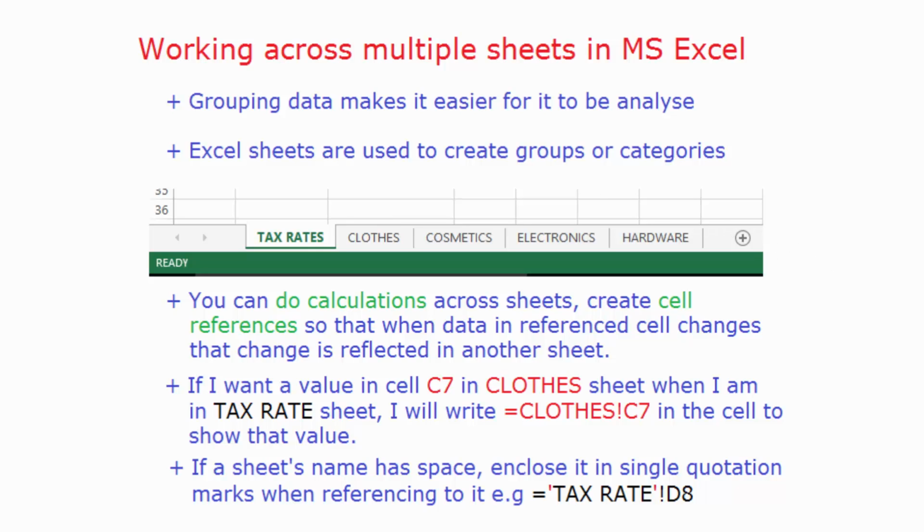Today I want us to look at how we can work across multiple sheets in MS Excel. It is important to note that sometimes you deal with mixed data, and it is important to group them into categories. For example, on my screen here you can see